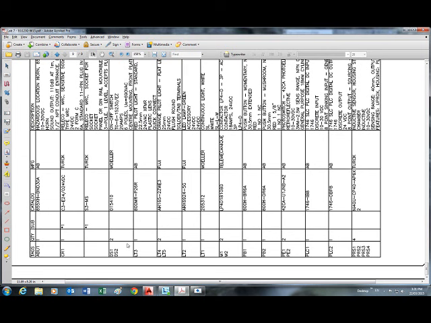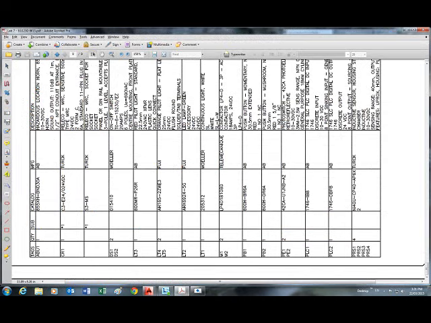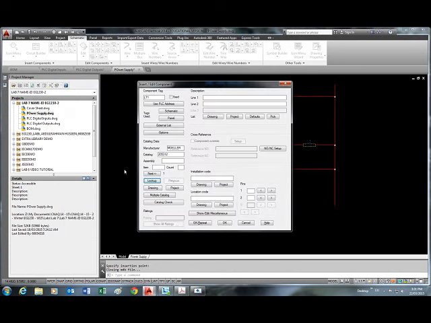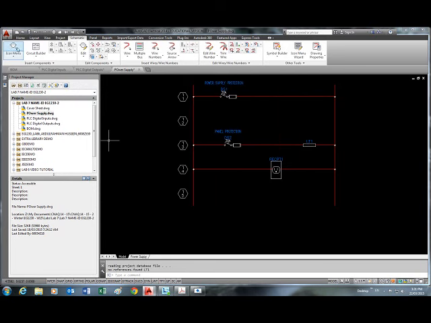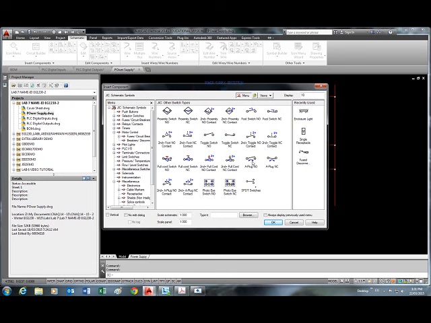And 205312, and there it is. Okay, go back again to icon menu, miscellaneous switches, and this is the type of switch